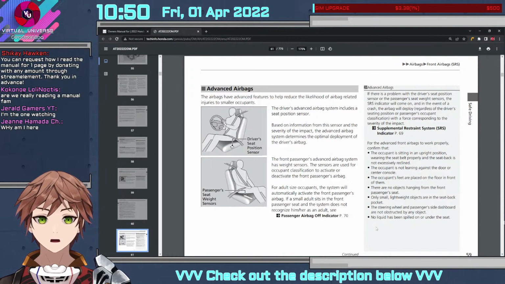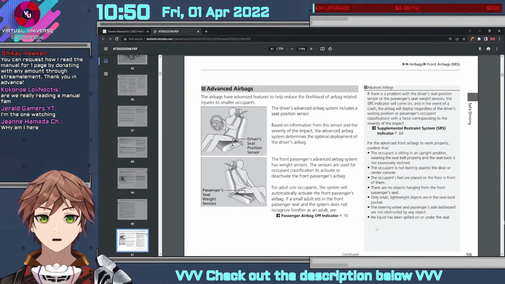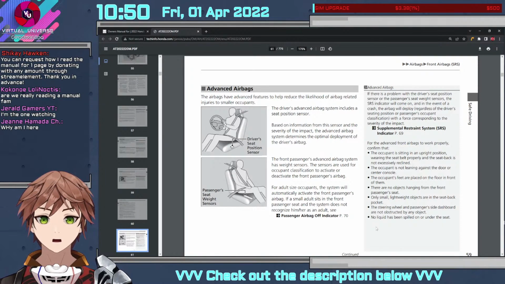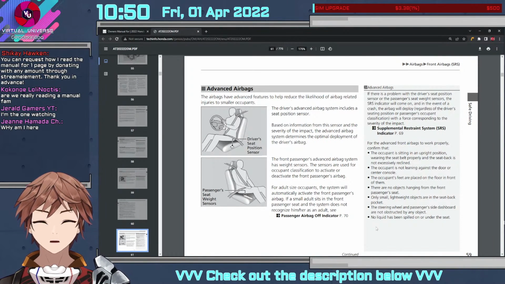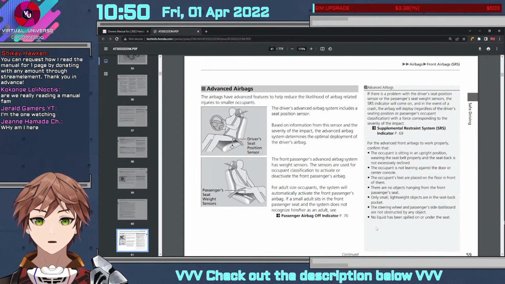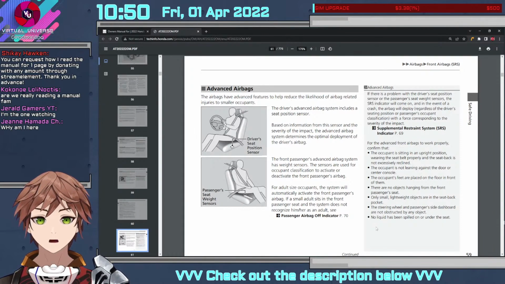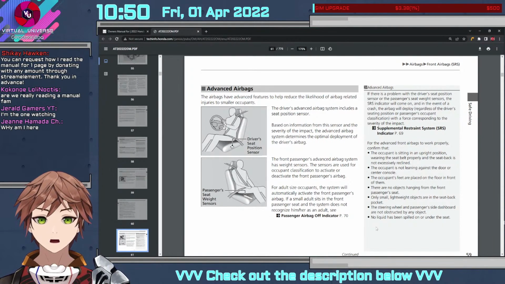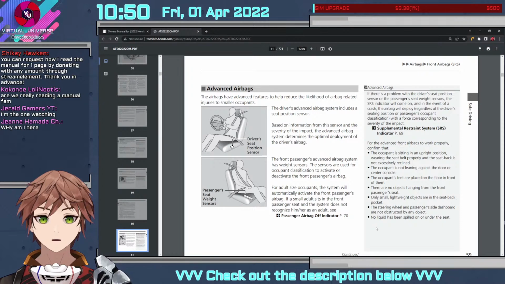The front passenger's advanced airbag system has weight sensors. The sensors are used for occupant classification to activate or deactivate the front passenger's airbag. For adult-sized occupants, the system will automatically activate the front passenger's airbag. If a small adult sits in the front passenger seat and the system does not recognize him or her as an adult, see